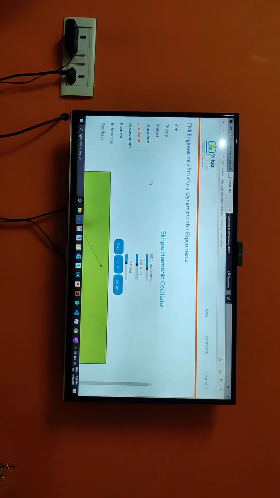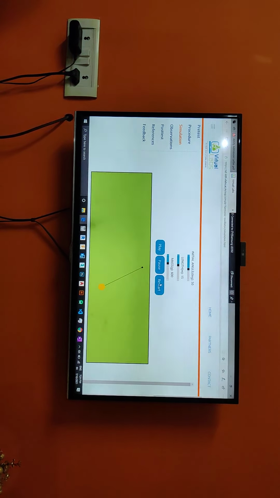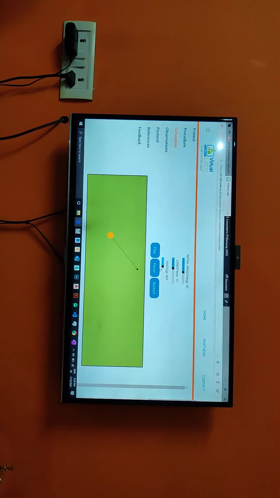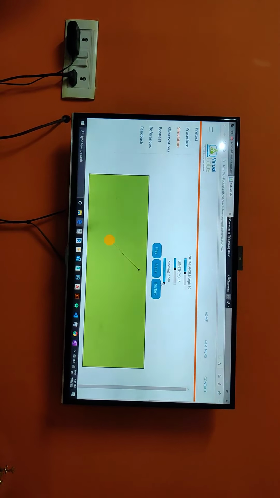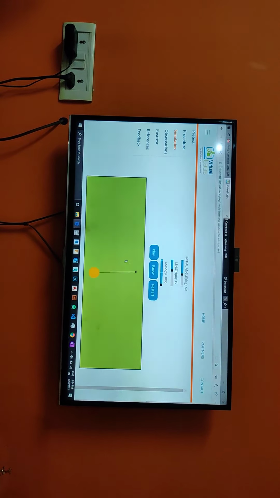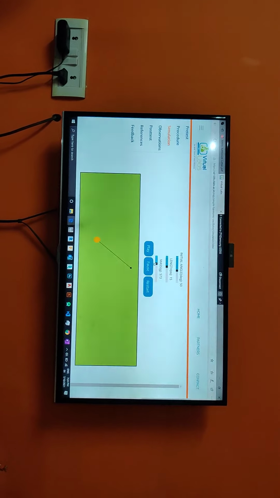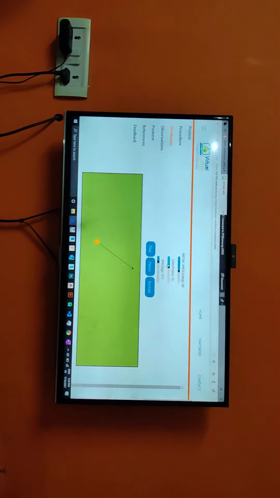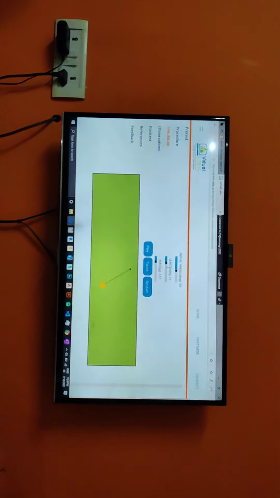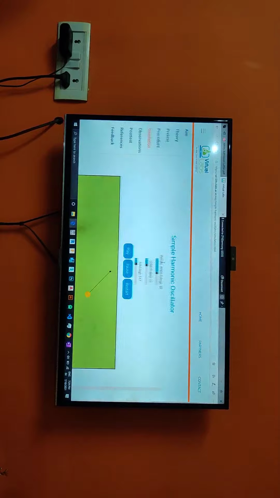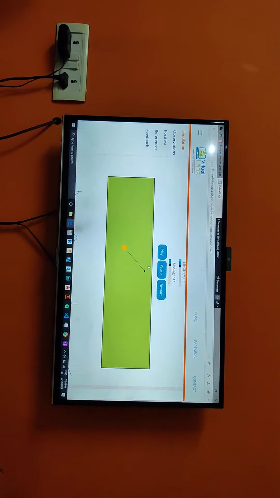Now here is the simulation. As you can see, the initial angle is 50 degrees, the length of the string is 15, and the mass is 600. Now if I increase the mass to say 900 or 1000, and I play the pendulum, you can see the pendulum speed has become slower. If I reduce the mass and also reduce the length of the pendulum, the speed changes somewhat. It depends upon the initial velocity of the object as well as on the mass.